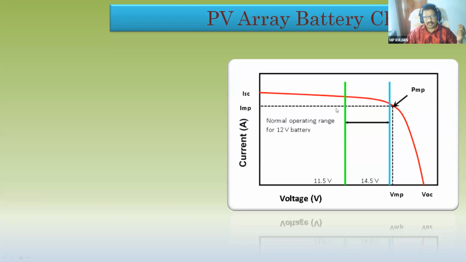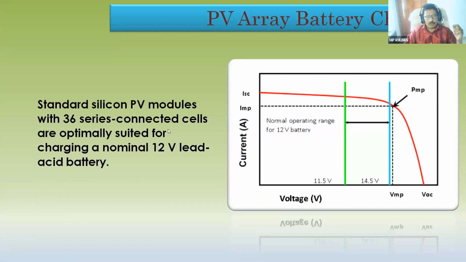The two types of battery charge controller are PWM and MPPT. Depending upon that, it will vary. But generally we can say this is the battery charging voltage and the DC battery charging current. With MPPT, it will be varying for efficient charging. Normally, the modules available in the market carry 36 cells. One cell is 0.5 volt, it is fixed. 36 series connected cells will give you a maximum of 18 volt, which is enough to charge a 12 volt lead acid battery.